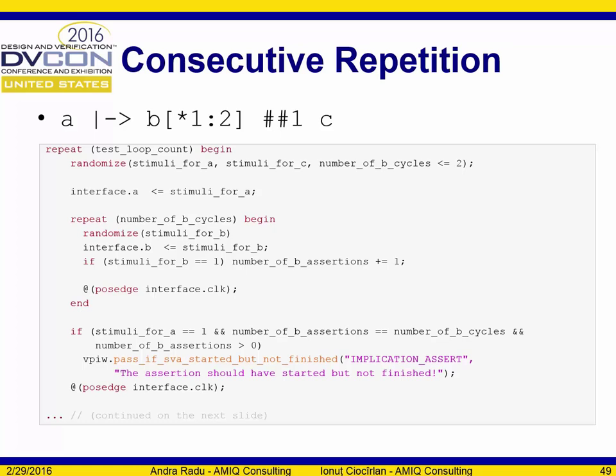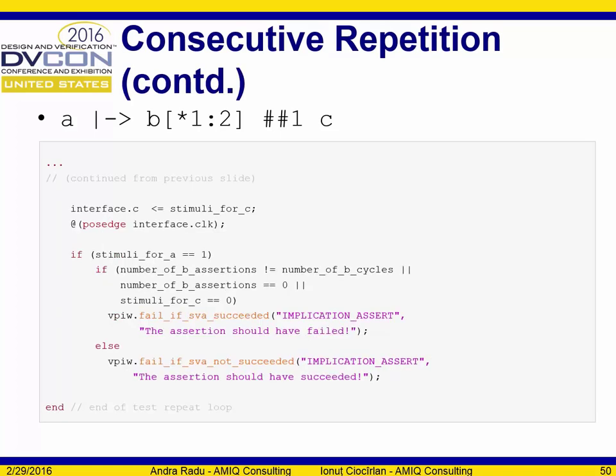And in our case, we have the SVA should have started but not finished up to this point if you would have had a valid number of assertions and the A signal has been asserted. So we have A followed by B, and up to this point we should have the assertion started and waiting for the C signal. Going on to the next slide to continue, we also drive the C signal,